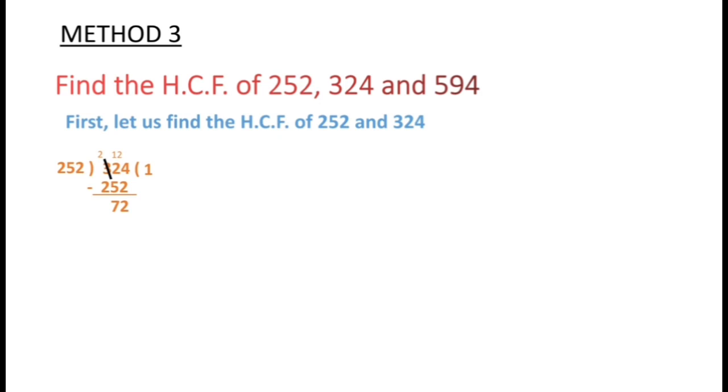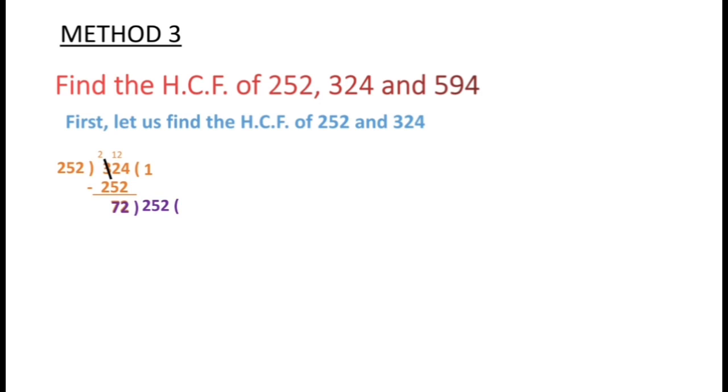Correct? What we will do? This division will continue. Now 72 will become the divisor. 252 will become the dividend. And now we will do the division again. In 72 table, how many times do we get 252? Completely we will not get. If we estimate 72, what is the answer we get? 70 we get, right? 70. In 70 table, do we get 252?